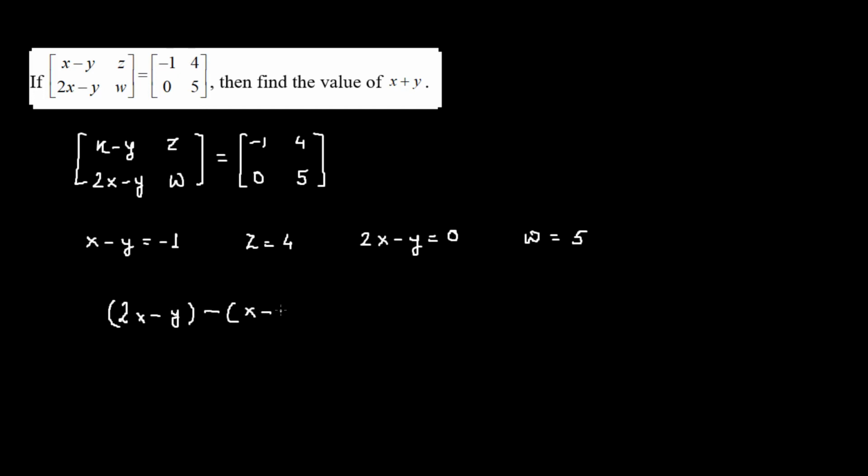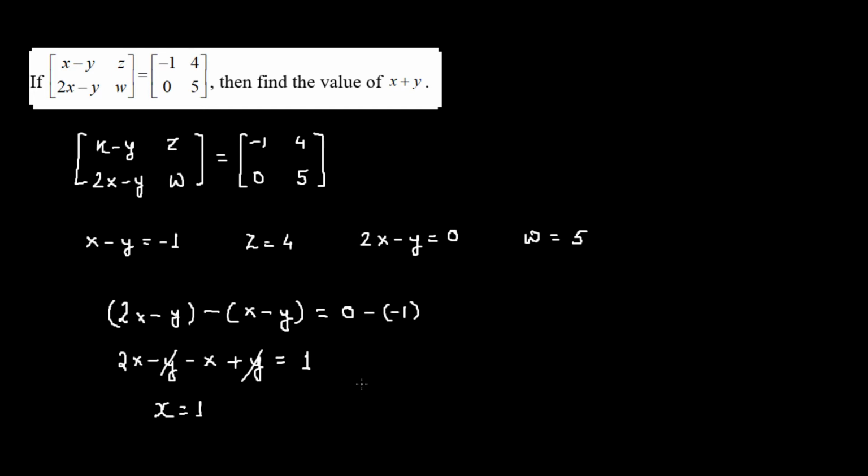So that would give us 0 minus of minus 1. So we open up the parentheses, so that gives us 2x minus y, minus of x, and minus times minus of y would give us plus of y, which is equal to 0 minus of minus 1, that would give us simply 1. The negative y and the positive y cancel out each other. Twice x minus of x will give us x,